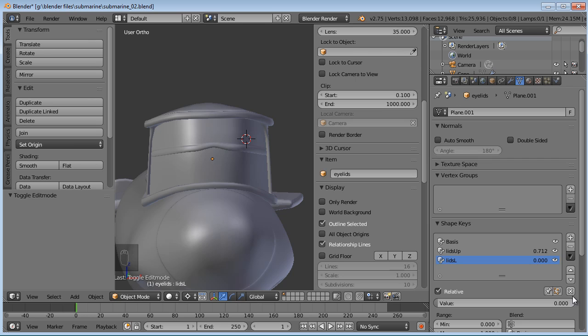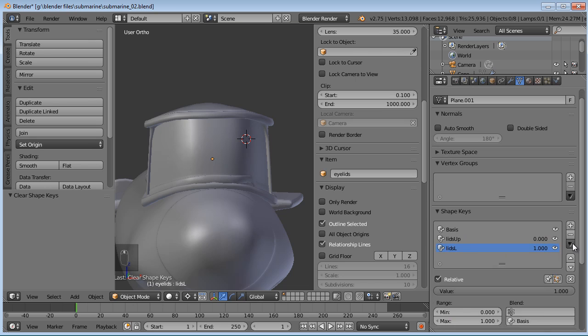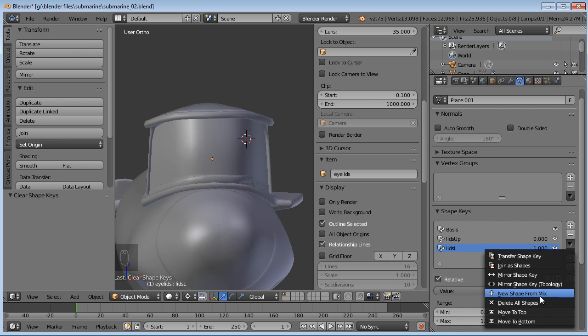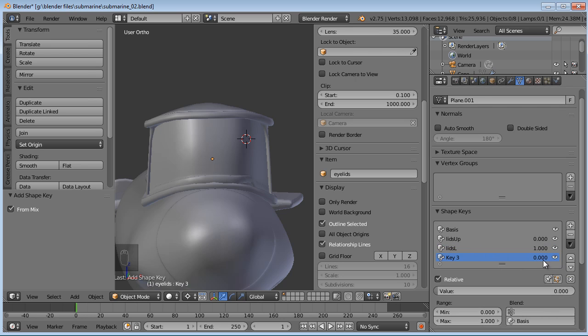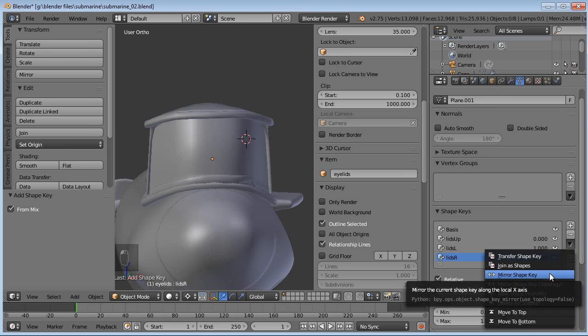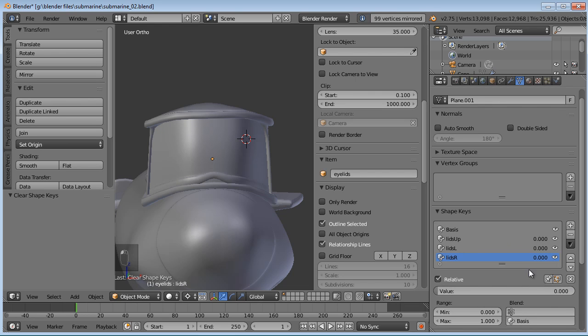Now I've tried this. If we clear everything out, I've tried copying, we'll say a new shape from mix, and that'll create a new shape from everything that has any percentage at all, and at this point it's only lids L that has anything. So it just copied that. Let's name it lids R, and I want to mirror it. So we'll say that, and then clear everything out, and hopefully, okay, I was playing with this yesterday, or the day before, and I couldn't get that to mirror properly, so I just had to do it twice, opposite directions, but that should work. So we're going left and right.